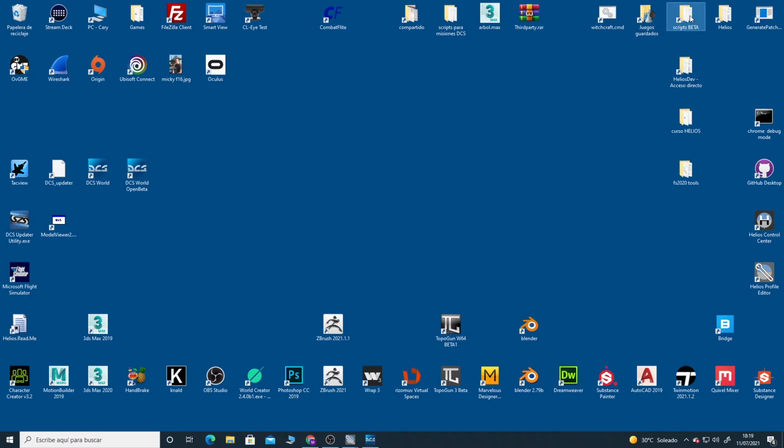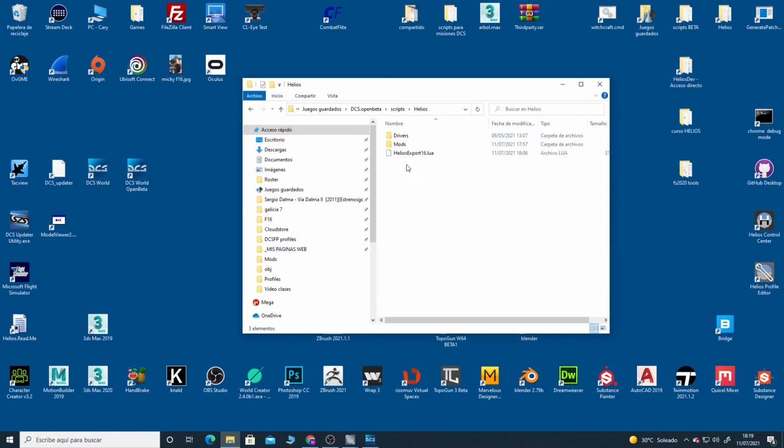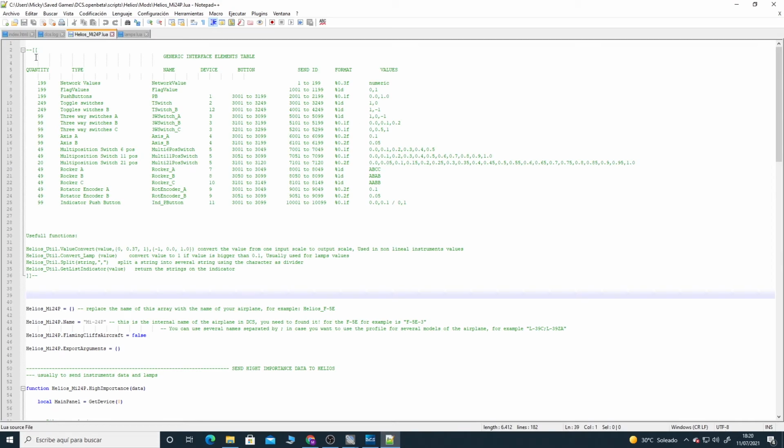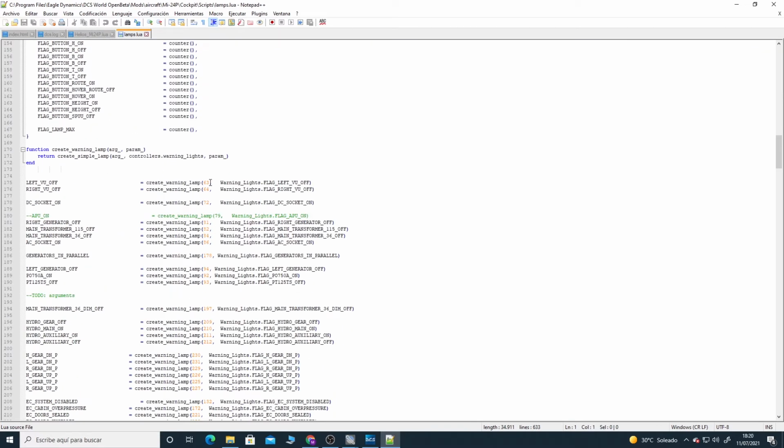So let's open our script and let's fill some data. Here we got it. As you can see here at the beginning of the file, you have a table with all the information I am using right now with the generic interface. So every time you need to put a value, a control, an instrument, a lamp, anything, you can take this table as a reference to know where everything needs to be put. In this case, we need to use two lamps, so we are going to use these two lamps from here,